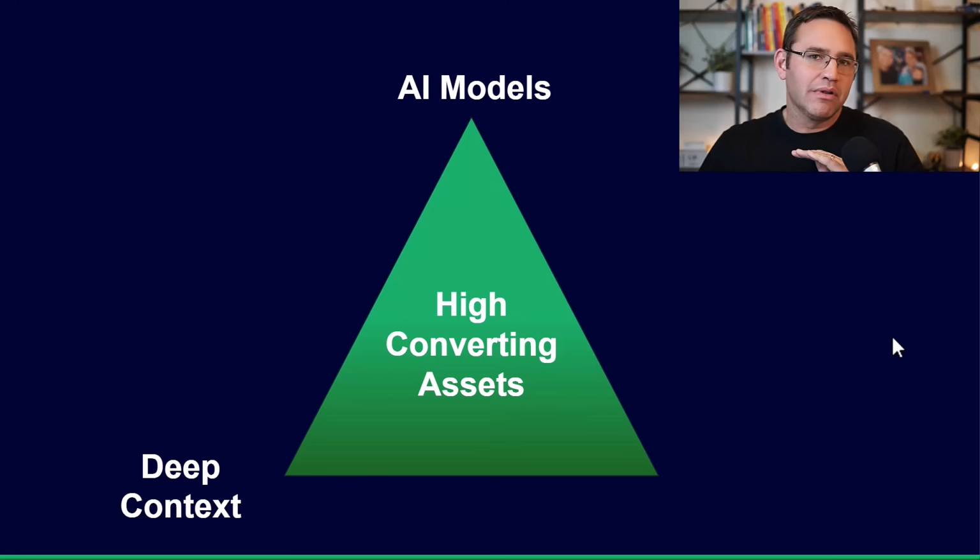So in the bottom left corner, we have what I call deep context. Okay, the key word for success with writing and creating with AI is the word context. And I went one deeper by sharing the word deep, right? Deep context of who you are, who you help, and how you help them. Those three things are critical to give to these AI models so it sounds like you, it knows who you're speaking to, and how you help people.